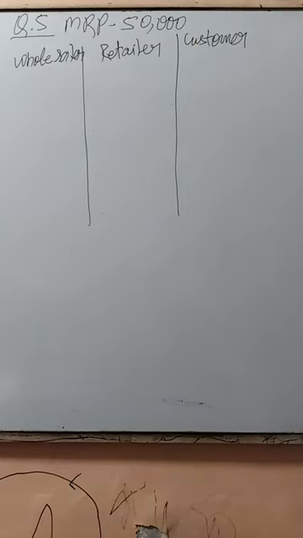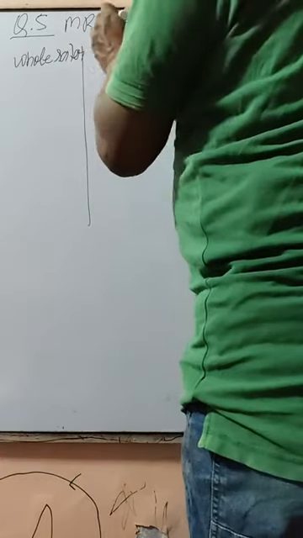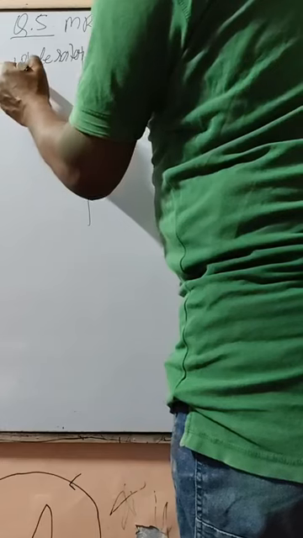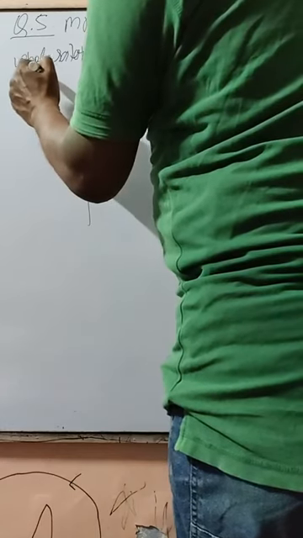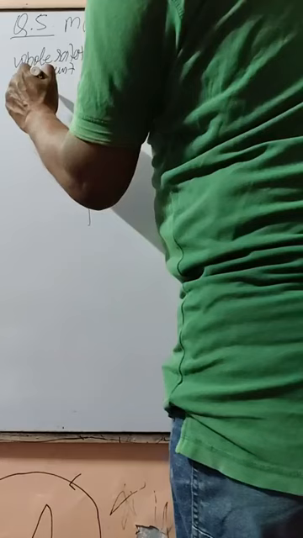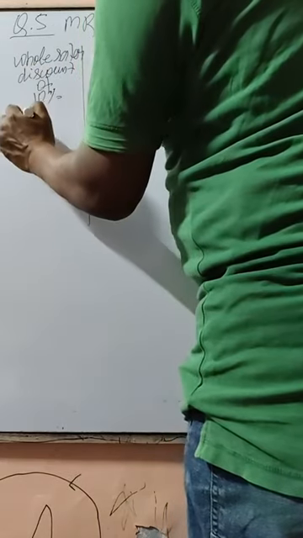Is this so? Yes. Okay. So 50,000 rupees. He is allowing a discount of how much? 10%. Discount of 10%. So it becomes